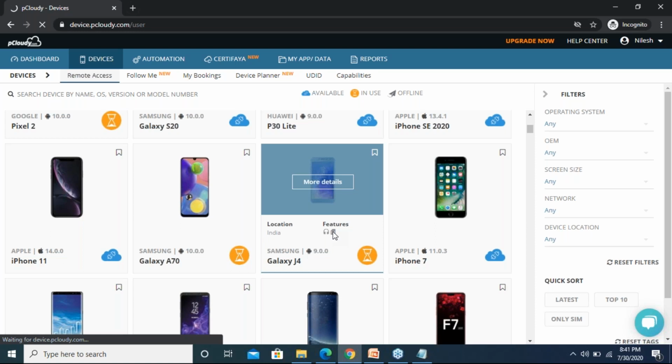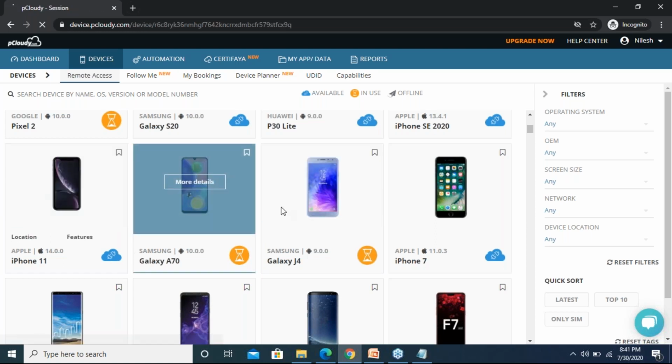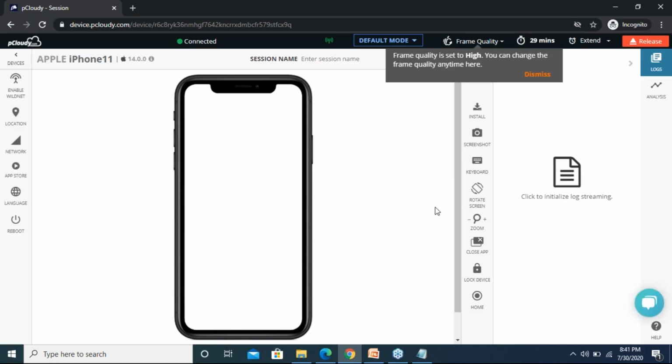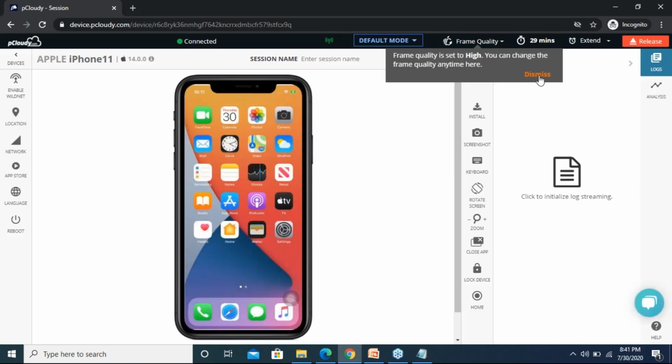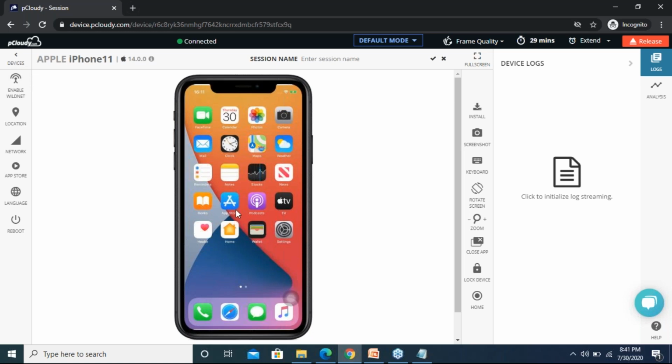So if you're using maps, for example, you need to double tap on the map so that it will start zooming in inside the application. That's what we are going to see quickly, and then we'll move on to the Q&A. If you have any questions right now, you can keep writing them in the window for GoToWebinar, and I'll take up those. Yeah, so you can see now the iPhone is connected, and if I go and launch the maps,